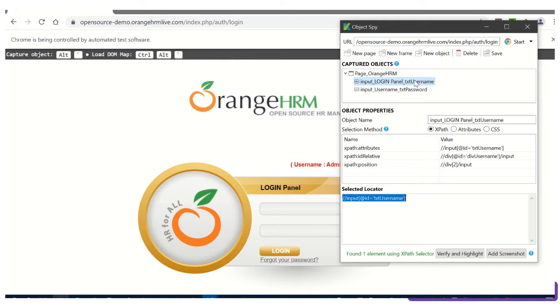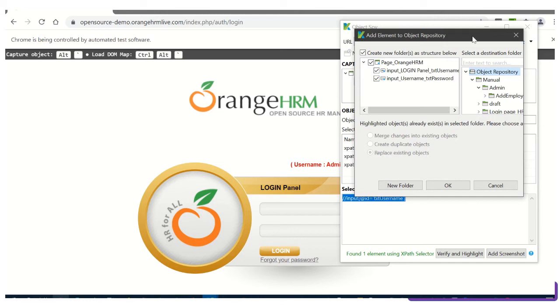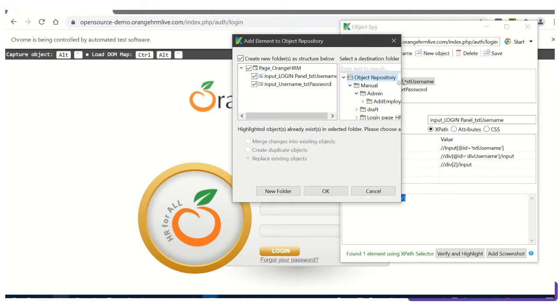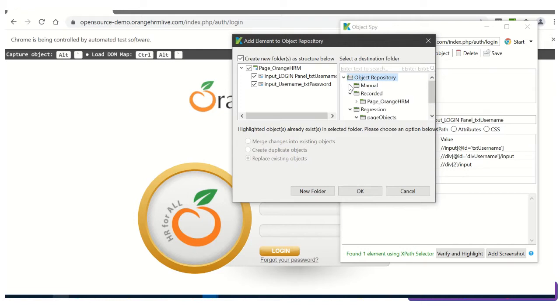So now I got these objects. What I can do is click on the save button. It is going to ask me where I want to save these objects. I have these objects already under this particular folder which is recorded. So the moment I selected the recorded folder, it says highlighted objects are already existing in this folder. Please choose an option below. So you can replace the objects, create a duplicate object, or merge into existing objects, which are the options you have. And if you want to store in a different folder, you can select that folder and try to